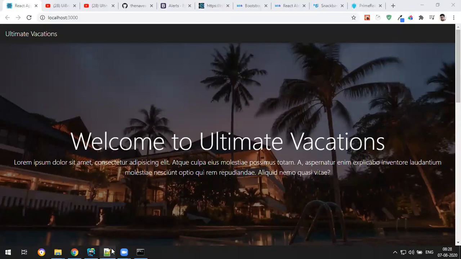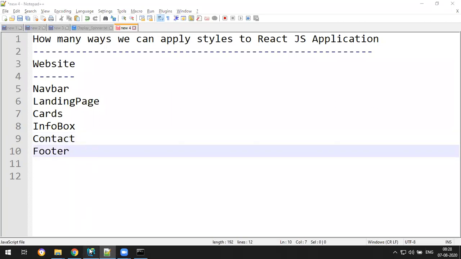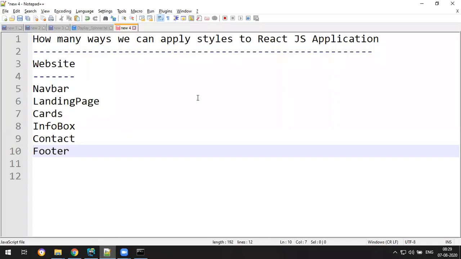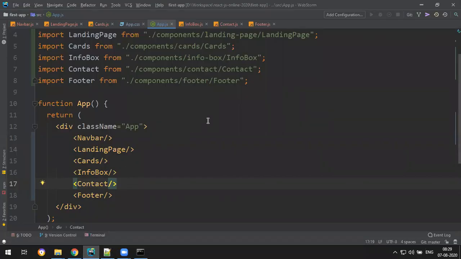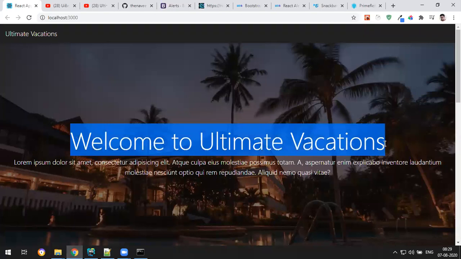I think I must not say this here, but I will tell you. I have seen some online tutorials that show only HTML and CSS. They never use Bootstrap. But here we are using Bootstrap, React Bootstrap, MDB React, Material UI, and Prime React. Your interviewer can ask about any library you are familiar with.